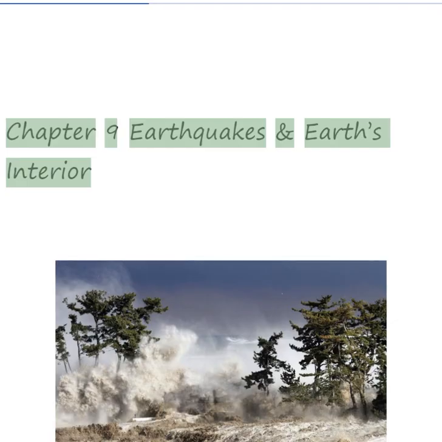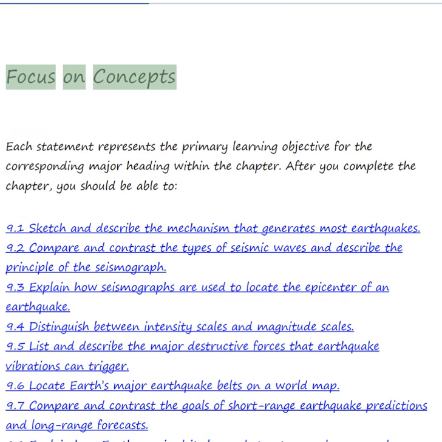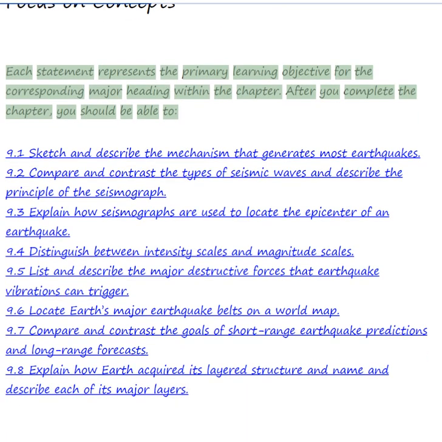Chapter 9: Earthquakes and Earth's Interior. Tsunami striking the coast of Minamisoma, Japan on March 11, 2011. Focus on concepts. Each statement represents the primary learning objective for the corresponding major heading within the chapter. After you complete the chapter, you should be able to